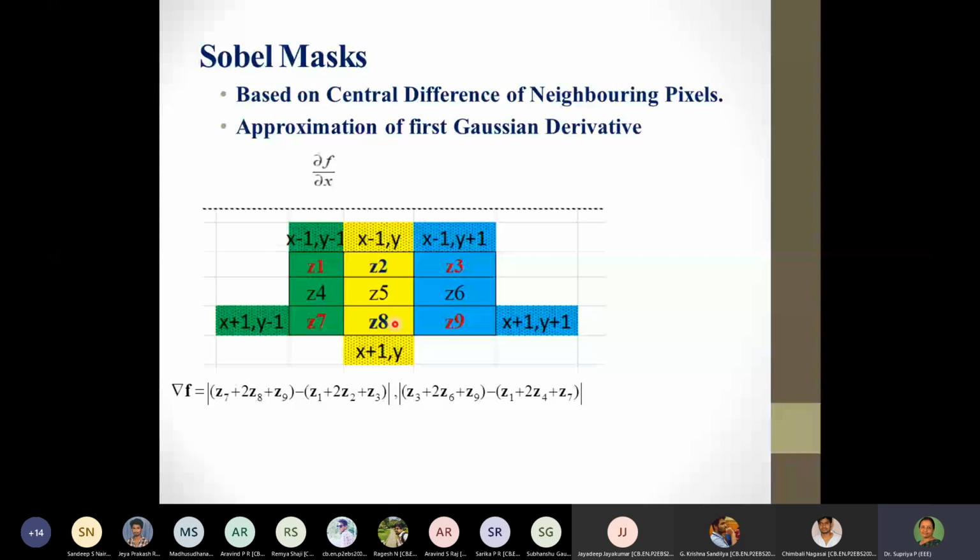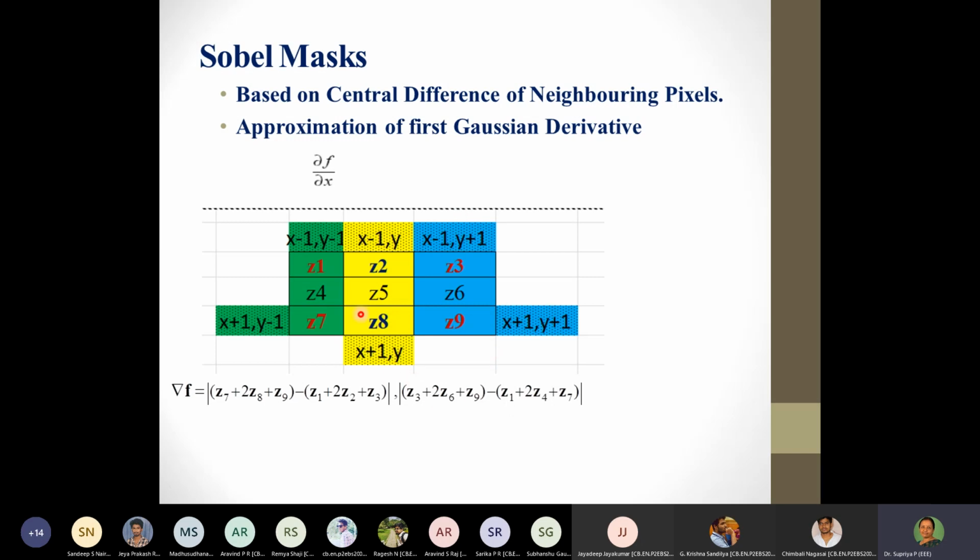So the same thing could be seen for the other set of values, wherein you could see that for the y set of operations, ∂f/∂y would be z3 minus z1, is it right, on one side, and this would be z9 minus z7. Purposely I didn't mention the central element. The reason being, the central element I'm going to consider as 2z6 and 2z4. So what has been considered is, it is going to be z3 plus 2z6 plus z9 minus z1 plus 2z4 plus z7, which will give you the same ∂f/∂y.